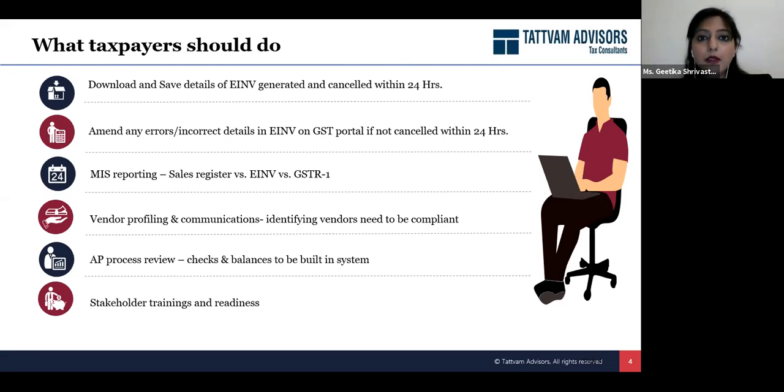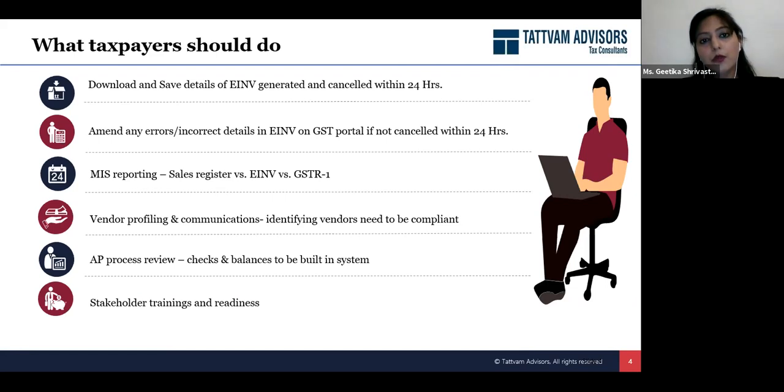So this reconciliation and this mapping will always help you to ensure that all the compliances are being made on time, and there are no surprises afterwards when the department is visiting, and there are instances which come up where the transactions have missed the attention of generating the invoicing. So MIS reporting is something which is very important in today's business scenario. Every business should ensure to have this kind of a reconciliation or a reporting, so that any transaction which is missing your attention can be immediately taken care of.